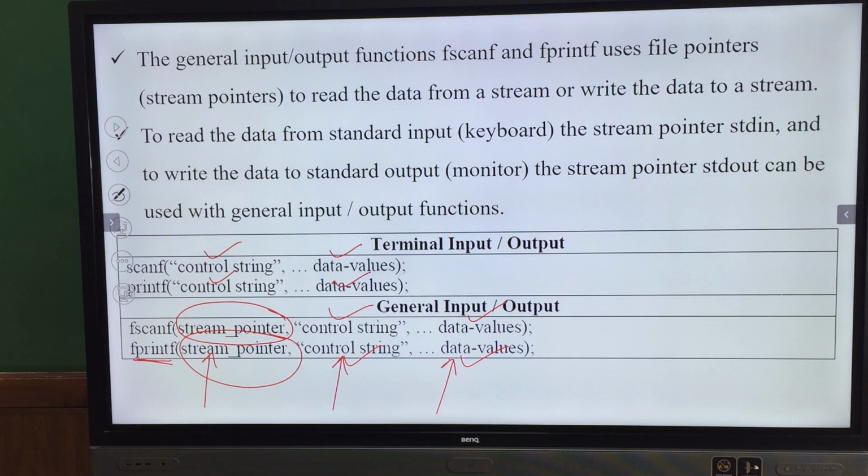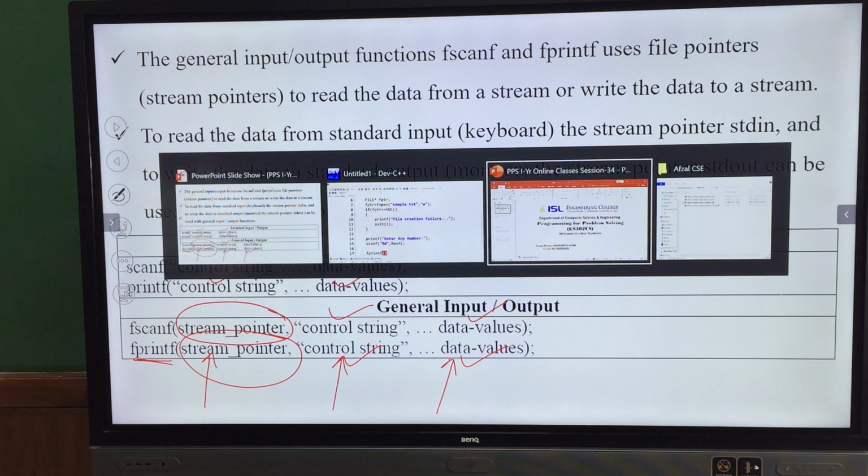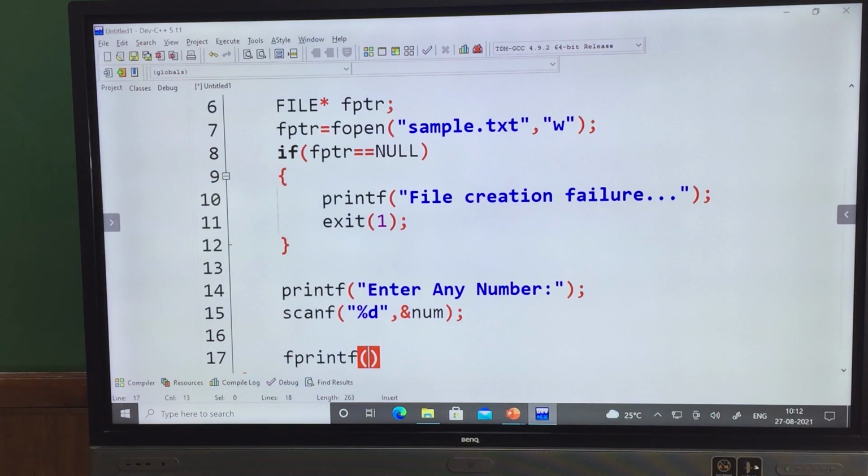So first I will supply the stream pointer, which is our file pointer. So fptr, comma, conversion code we have to put between double quotation. I'm sending the integer value, so %d. Give some space in between. Then at the end we have to pass the data values. My data is inside num variable, so I am keeping num at the end.